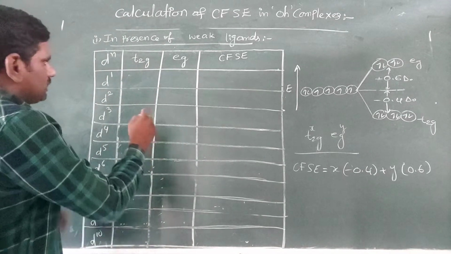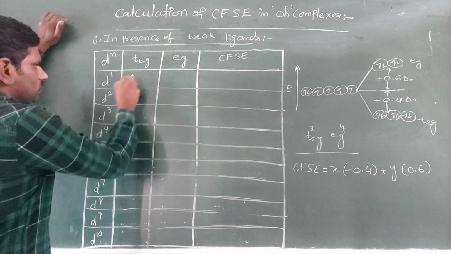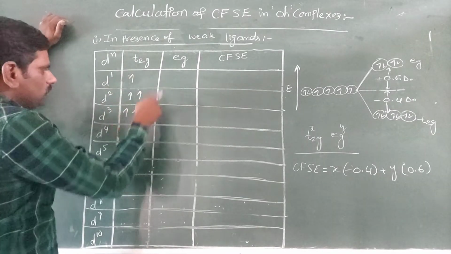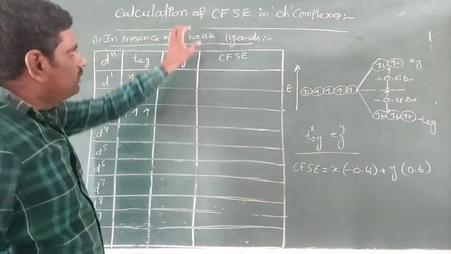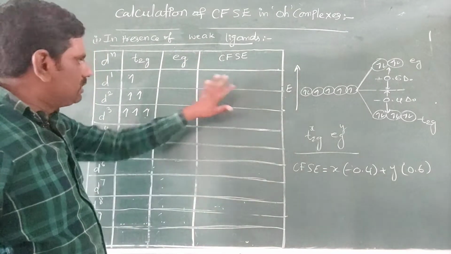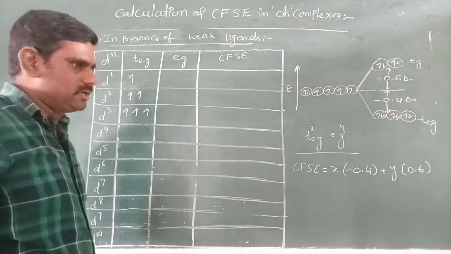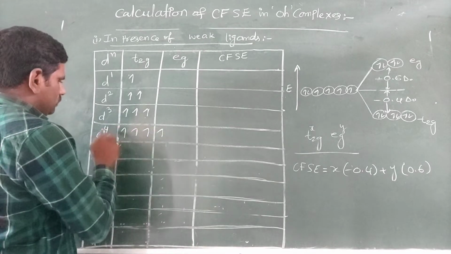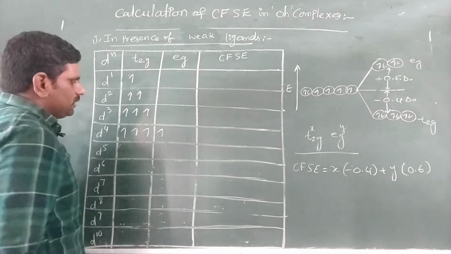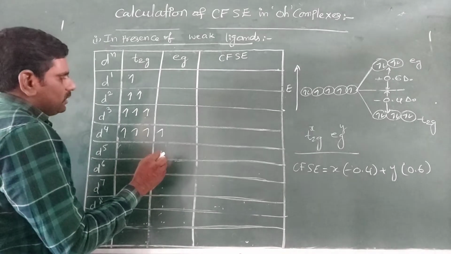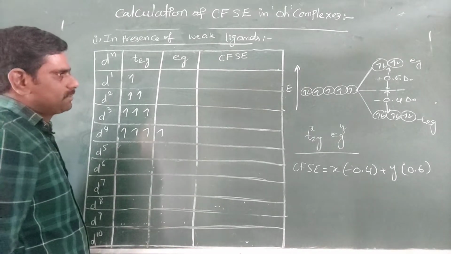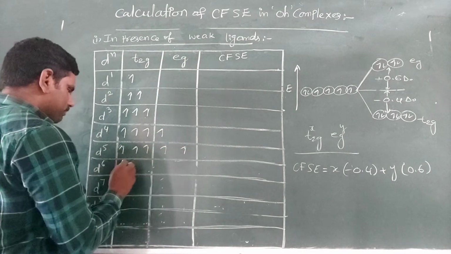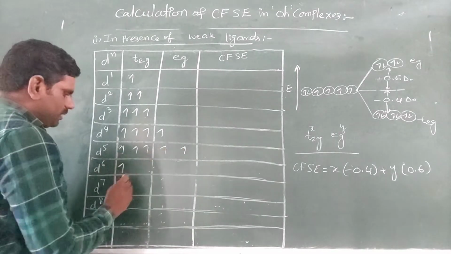Now, I will arrange the electrons in weak field diagrams. t2g1, 1 electron is there, 2 electrons, 3 electrons. Up to d3 configuration, irrespective of the nature of the ligands, CFSE is same, arrangement of electrons is same. You got this point. So in d4 case, electron goes to eg level. It is due to there being no pairing up of electrons under the influence of a weak ligand. D5, yes. Now pairing of electrons takes place from d6.